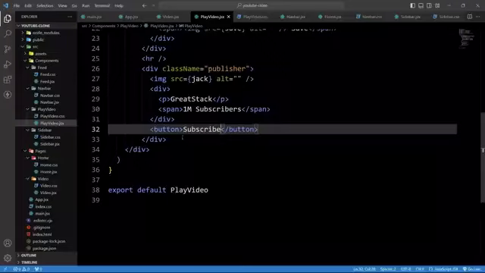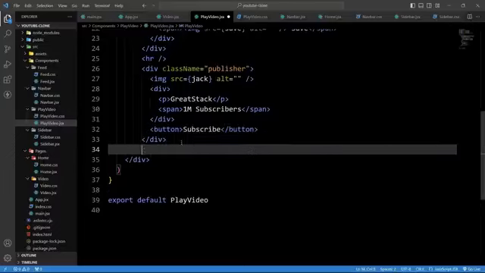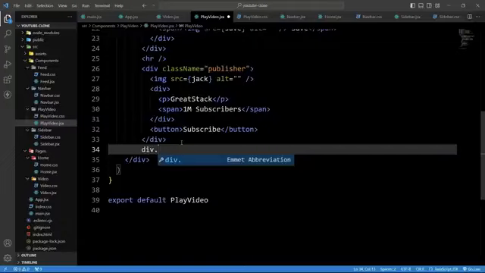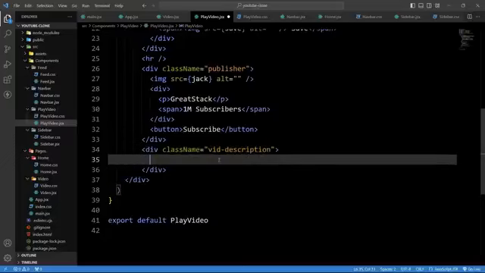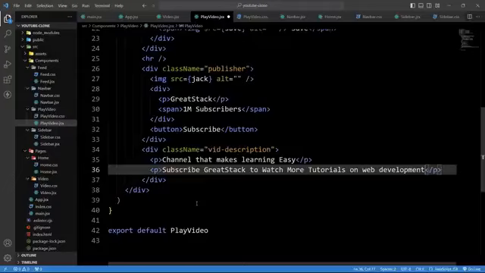After that we will add the description section. To create the description section, after closing of this div, here we will add one div, and we will provide the class name vid description, that is video description. In this one we will insert the p tag, and here we will add some text, channel that makes learning easy. And let's add another p tag, and here we will add the text, subscribe Great Stack to watch more